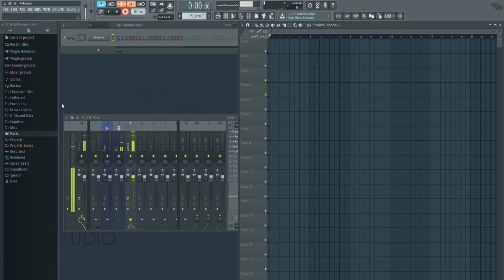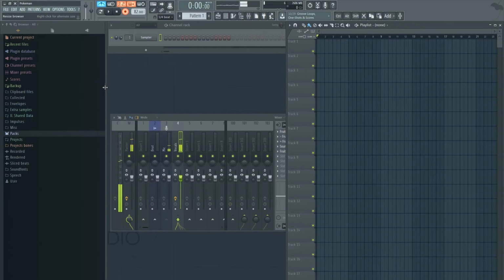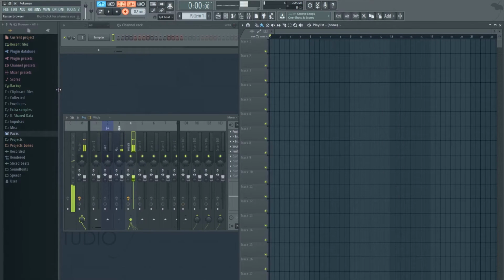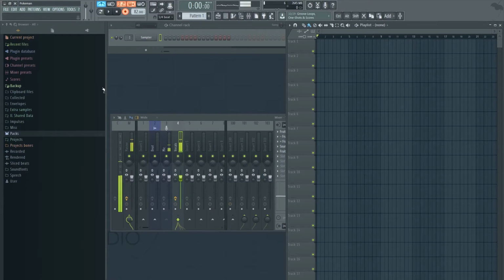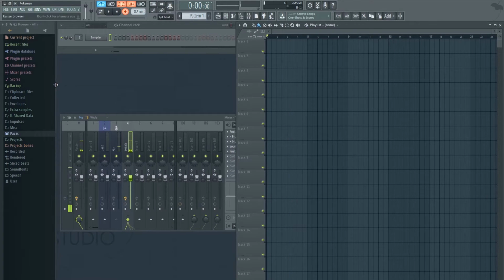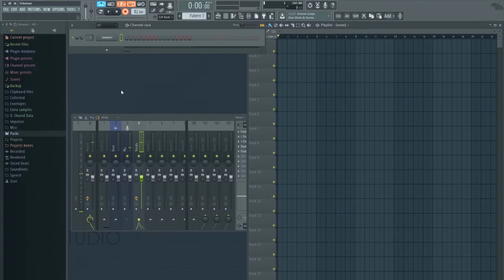This browser over here at the left. Notice I could click and move it away. That's because when you right click, you get the alternative size. Right click at the edge, you get the alternate size. But I put mine all the way over here, so when I right click, it hides. So I'm gonna put it here, right click, gone. Right click, there. Anyways, browser, this is where you're gonna be able to find the sounds you want in your